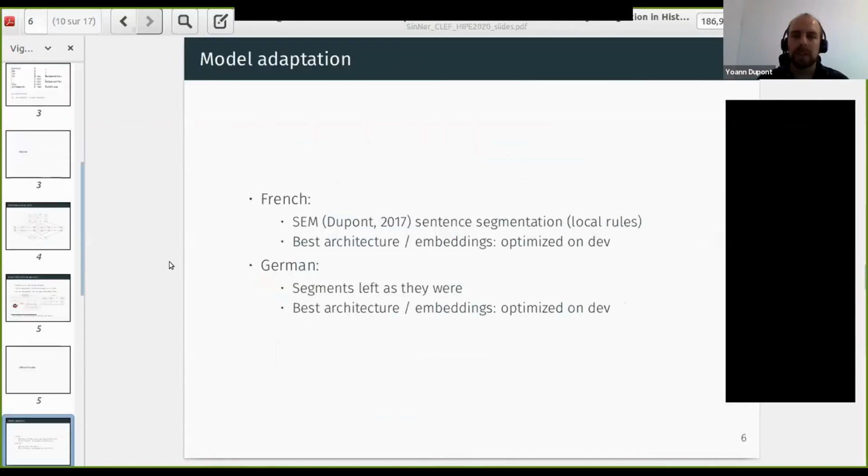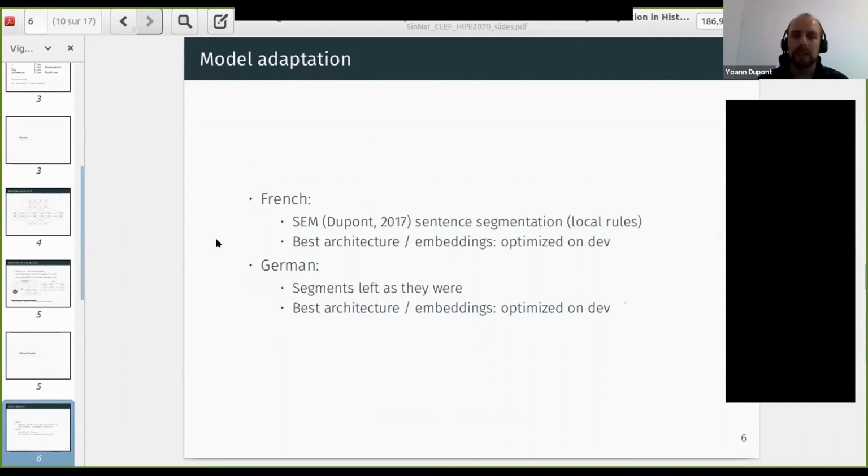So the official results: we did minimal model adaptation. We used SEM, which is a CRF-based NLP tool I've been developing since what feels like an eternity, for sentence segmentation. It works based on local rules.